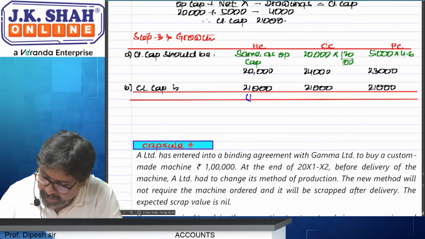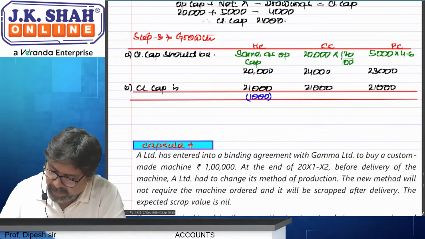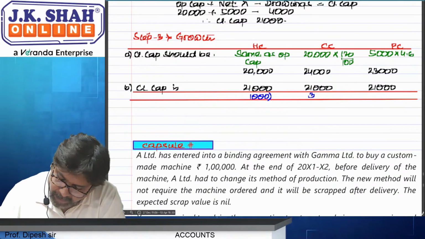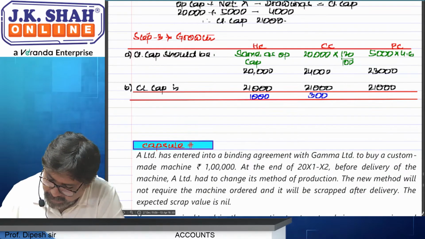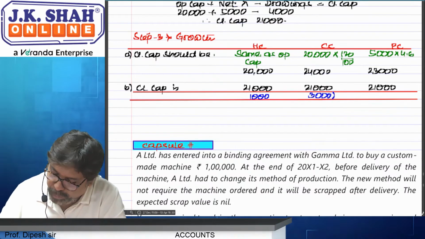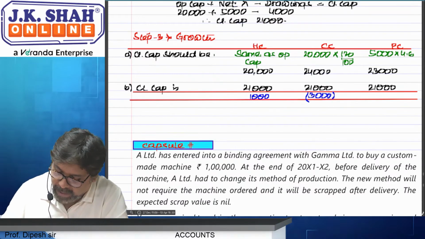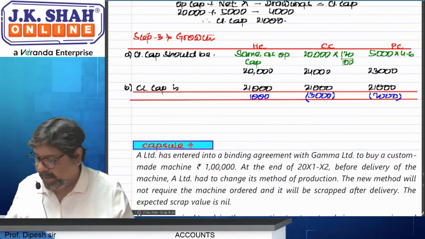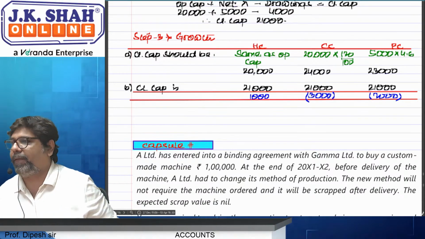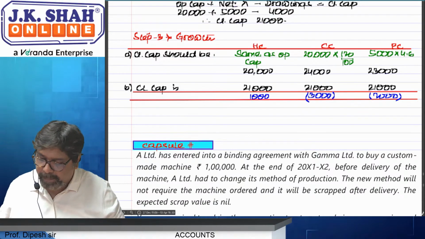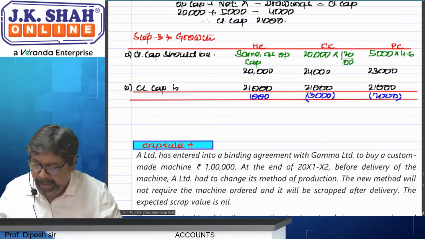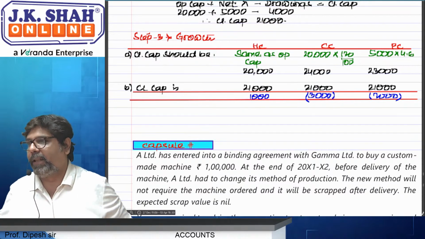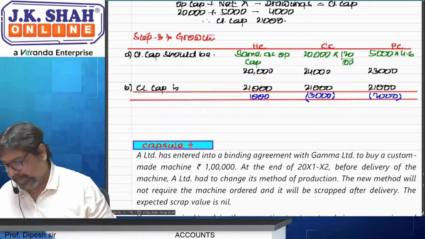So growth is -1, +3. Sorry, +1. +1, +3, should be 24. My capital should be 24, but it is only 21. Ayyo Rama. Therefore, I am running a shortage of 3,000. My capital should be 24, but capital is 21. Therefore, I am running a shortage of 3,000. Shall we move ahead?